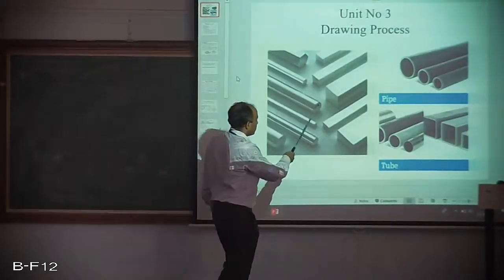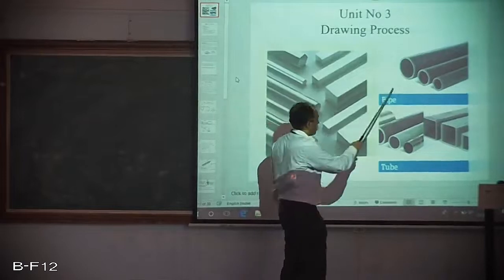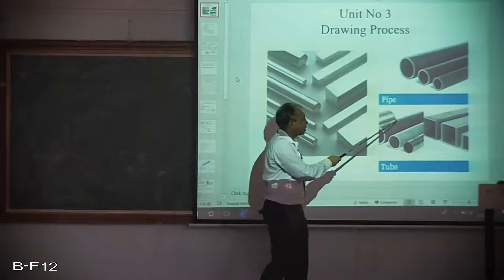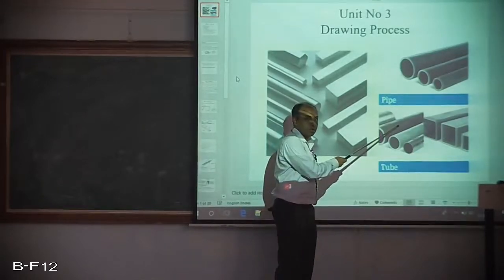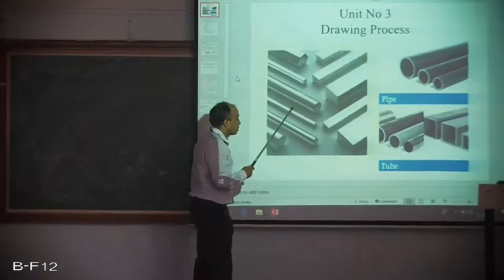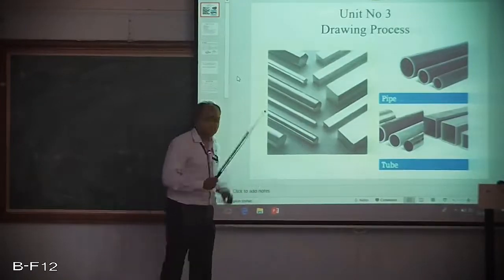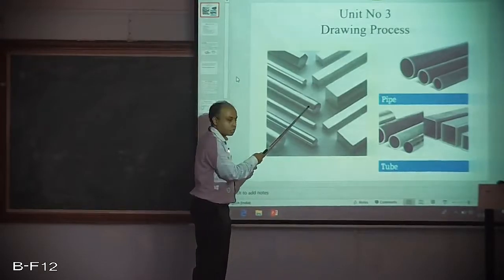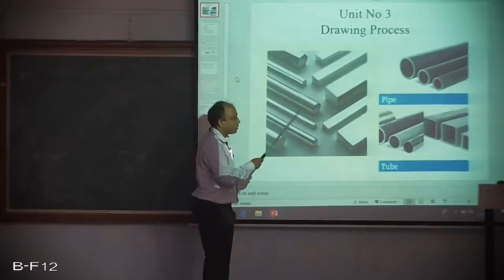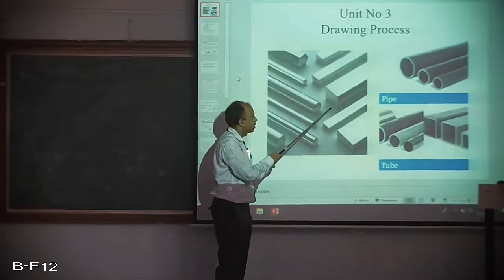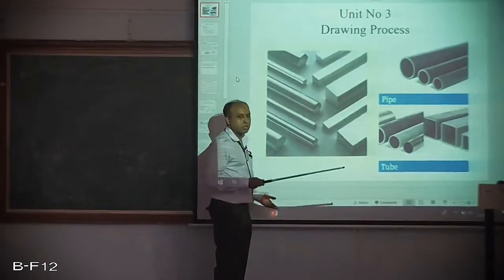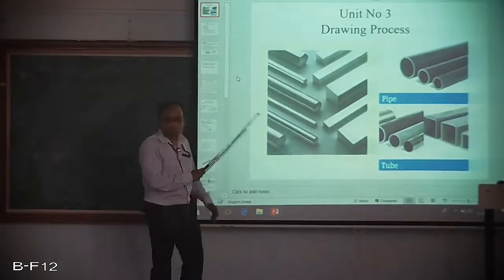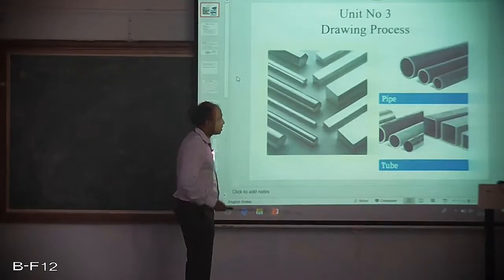Visually you can make out the difference between rods, bars, pipes and tubes. One is a full section, there is no hollowness in it, but here there is hollowness. So these are the hollow elements. But when I come to rods and bars, what's the difference? Rods have round, circular cross sections, but bars might have a square, rectangular or hexagonal cross section or any other odd type of cross section. So whenever I say rods, it is purely a round section.